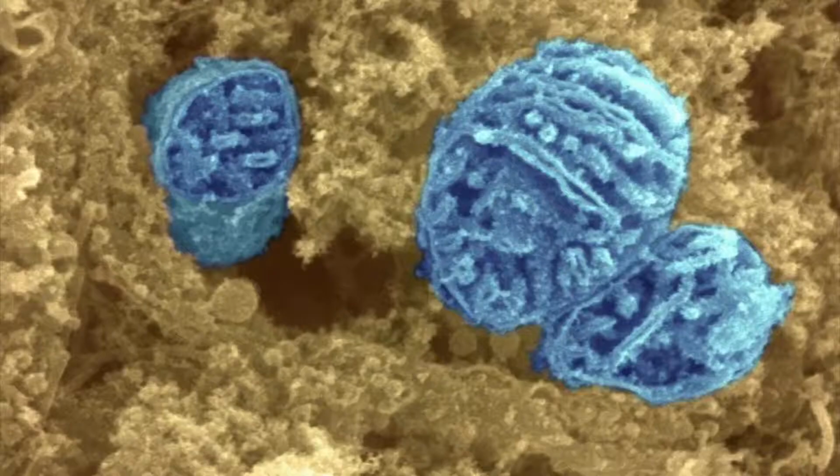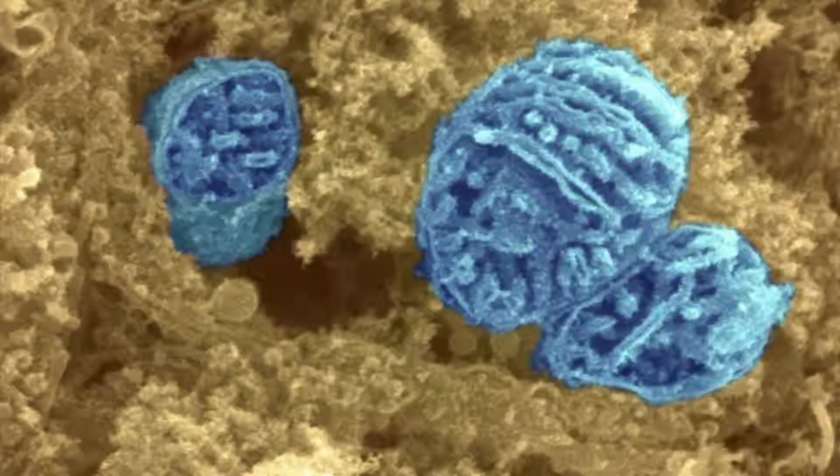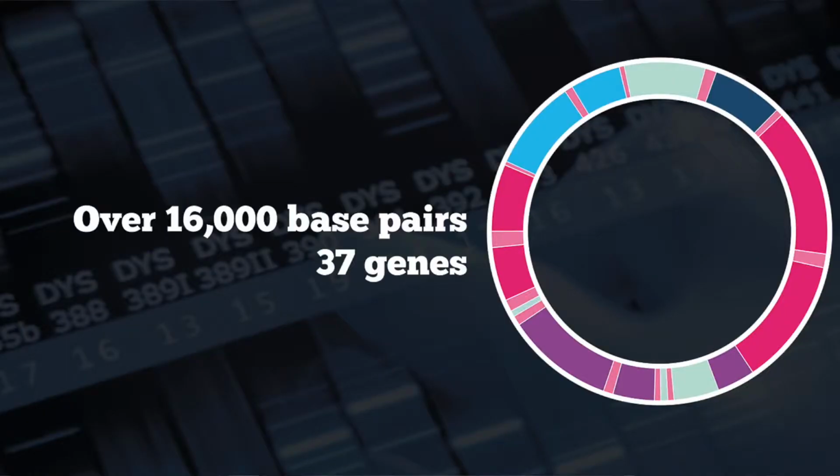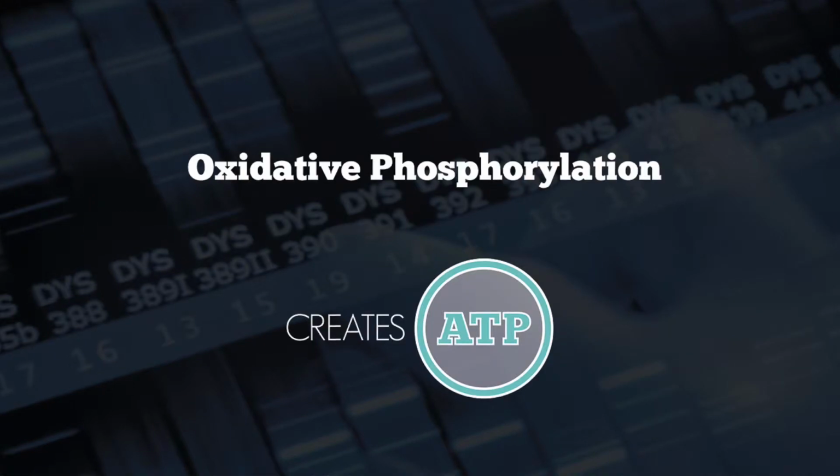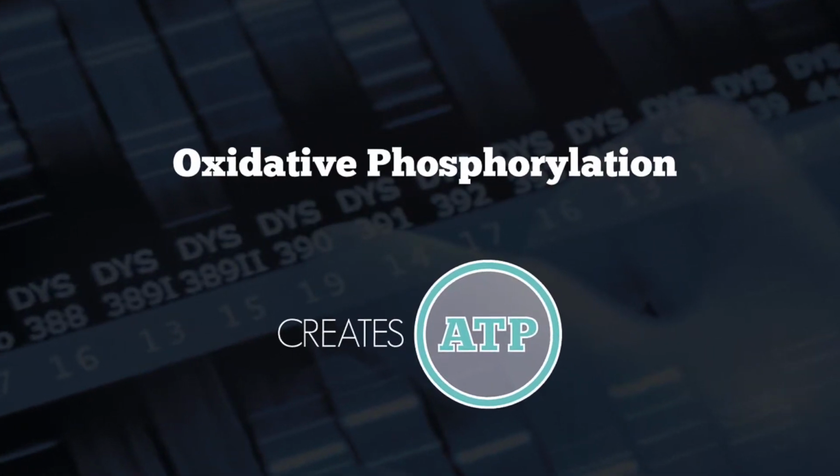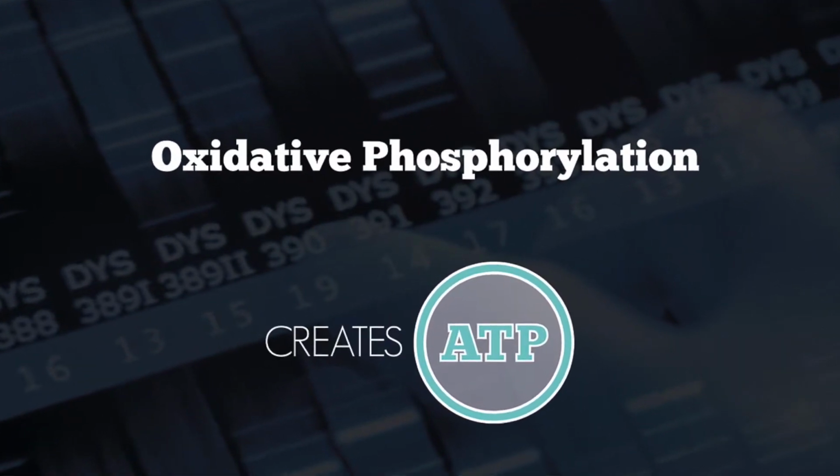So what are mitochondria? Mitochondria are structures within the cell that take energy from food and develop it into a form that is useful for cells. Mitochondrial DNA itself codes for over 16,000 base pairs, which is 37 genes. And these genes generally provide instructions for making enzymes which are involved in oxidative phosphorylation. And this is the process of using oxygen and simple sugars to create the cell's main energy source, which is